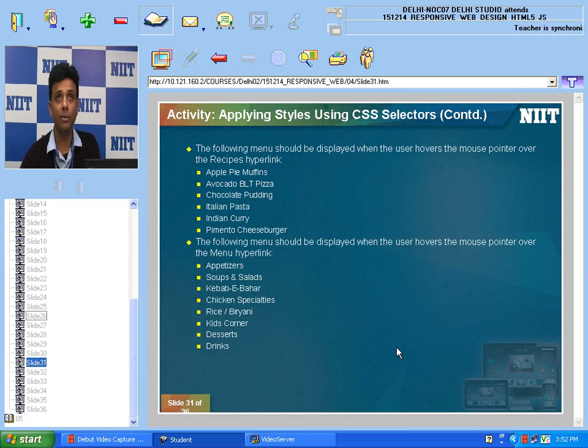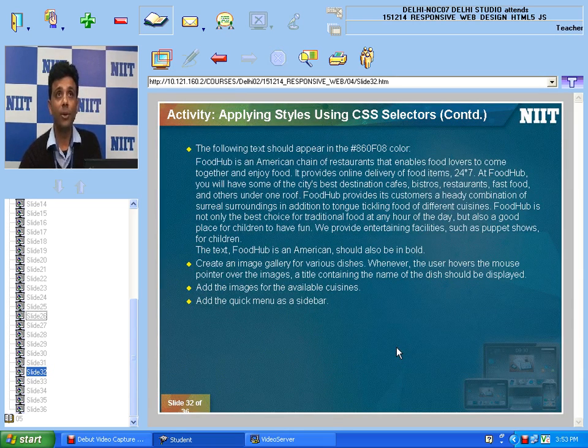So you can see I also want to apply a hover effect on my menus. It means whenever my mouse goes over a particular link, or you can say a navigation menu, the color will change. Okay, and after that,